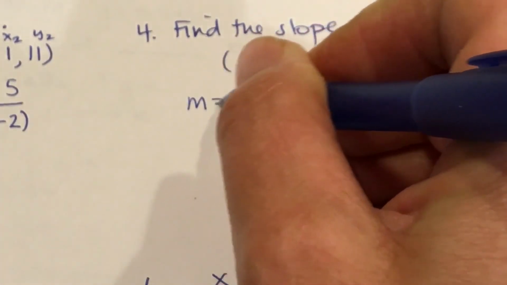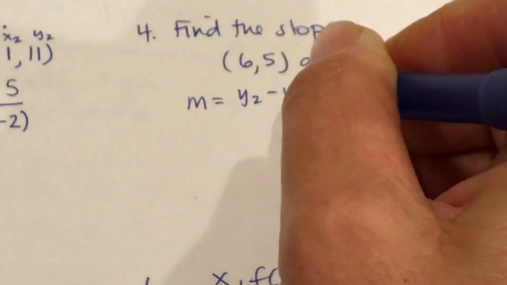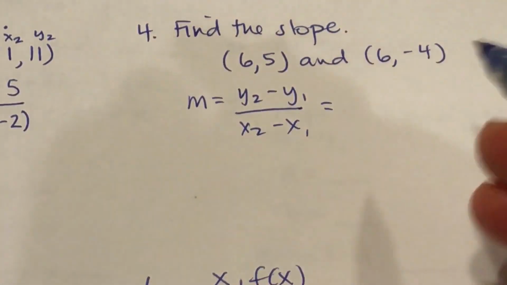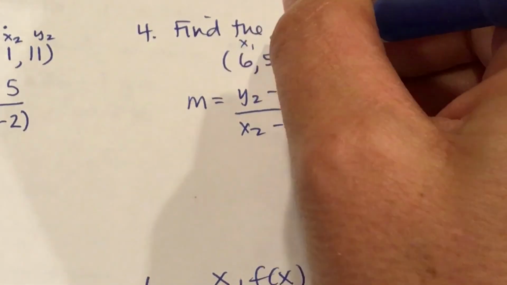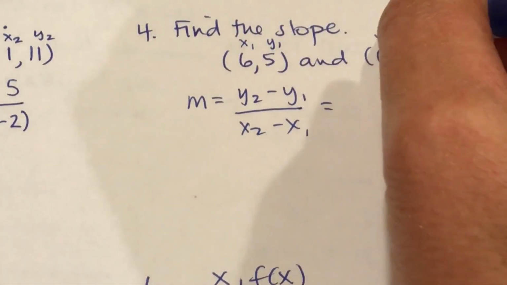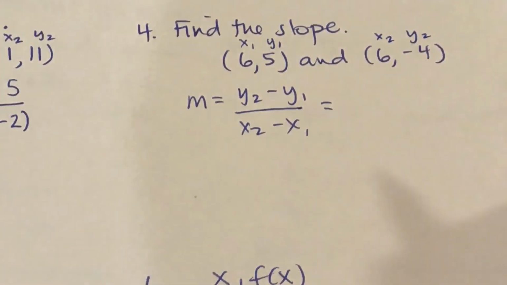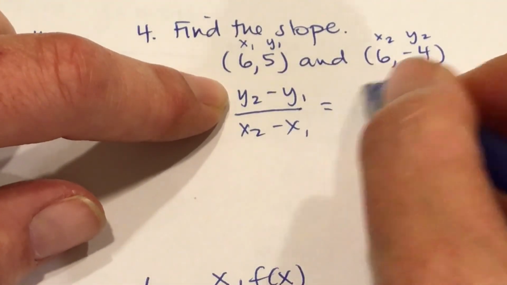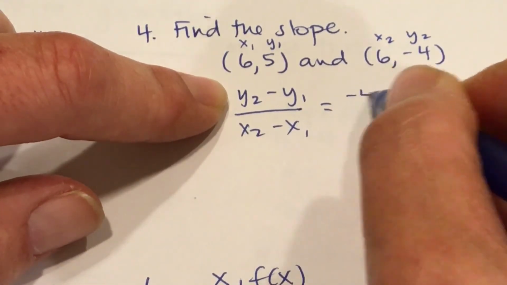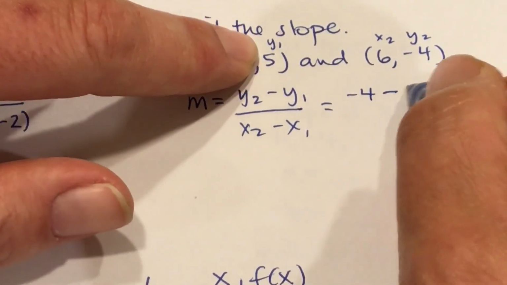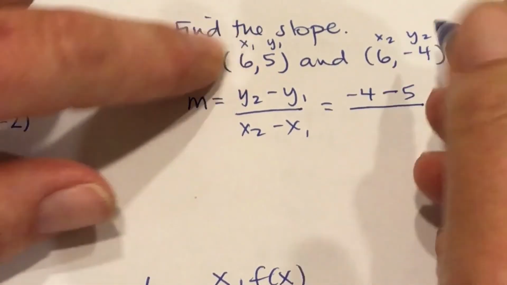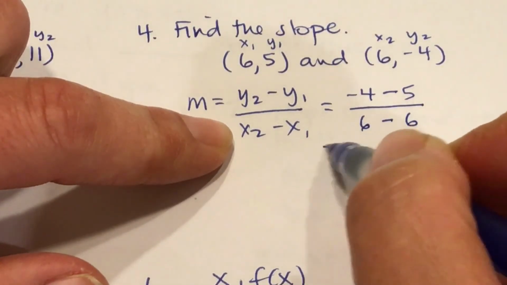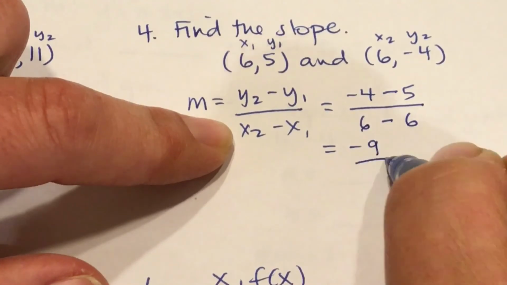Supposed to find the slope. M is equal to y sub 2 minus y sub 1 over x sub 2 minus x sub 1. All right, so again, if it makes you feel better, you are welcome to label these up here. And so now, it says y sub 2, so I'm going to go y sub 2, which is negative 4 minus 5 over x sub 2, that's 6 minus 6. So up top, I've got a negative 9, and then,